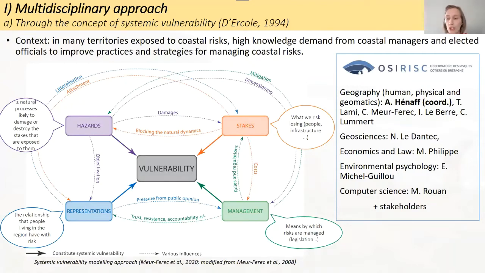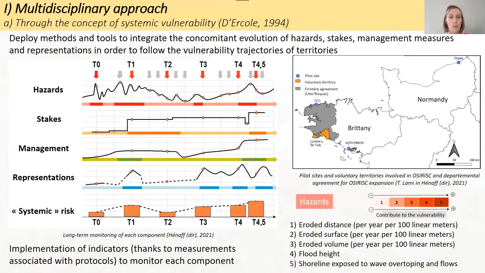In the OSI-RISK project, initially funded by the Foundation of France, we are geographers, geoscientists, economists, psychologists, computer scientists, and stakeholders. We deploy methods and tools to integrate the concomitant evolution of hazards, stakes, management measures, and representation in order to follow the vulnerability trajectories of territories. It enables the components that contribute the most to the systemic vulnerability to be identified and thus modified by relevant